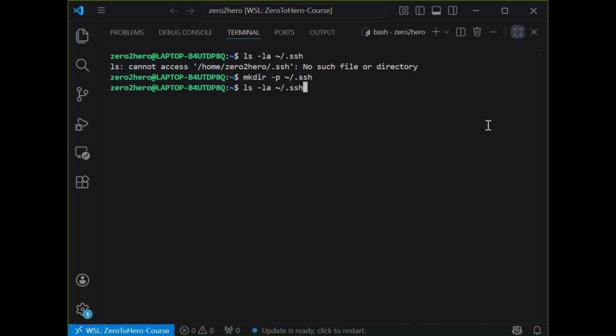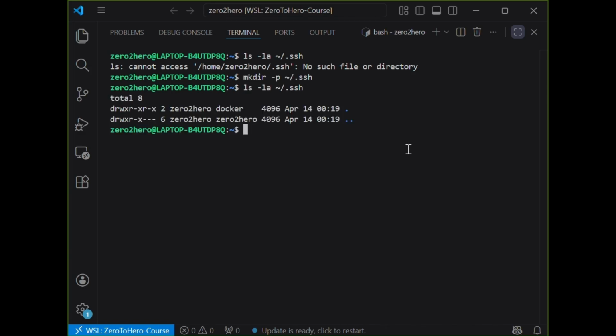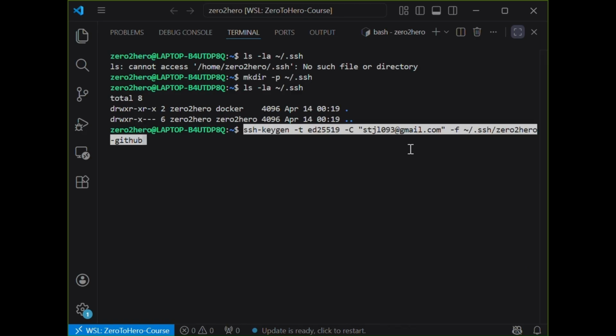Now the folder is created, so I will navigate into it and generate a new SSH key specifically for this course. Now let's generate a new SSH key. This will authenticate you with GitHub, so you can push and pull code without entering your password every time.